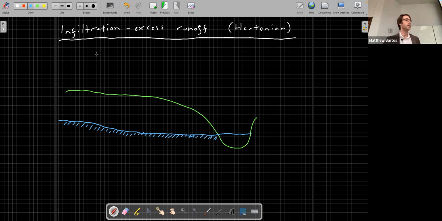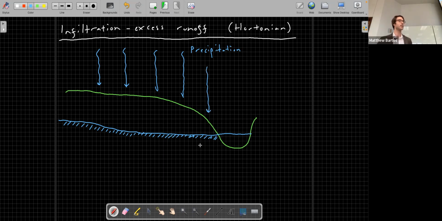Okay. And so let's say we have rainfall falling over the surface of this hill slope. So this is precipitation. As it falls over the land surface, it starts to infiltrate into the soil. So you'll get a wetting front that occurs at the top of the soil. And as rain keeps falling, this wetting front grows and grows, and it penetrates deeper into the soil